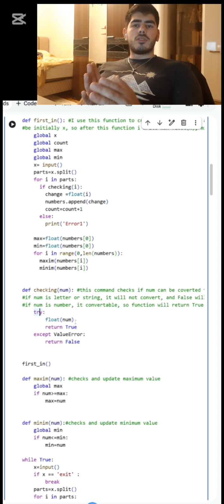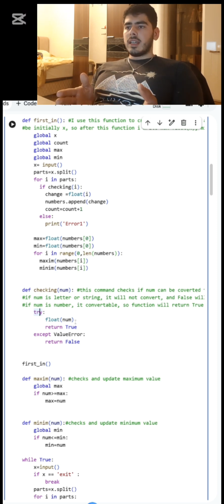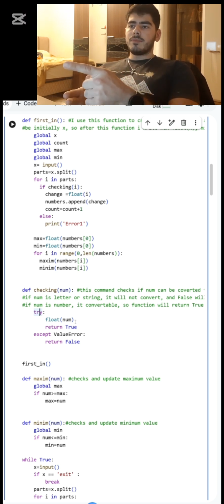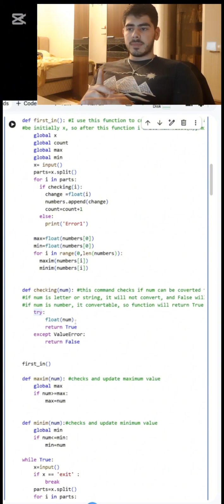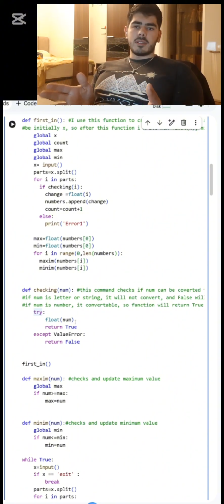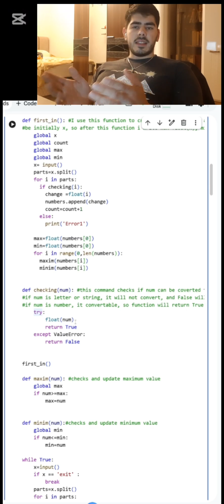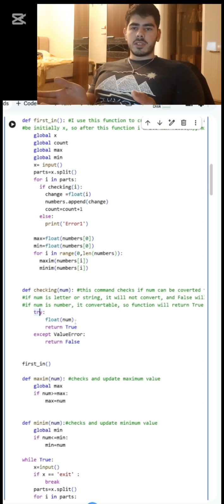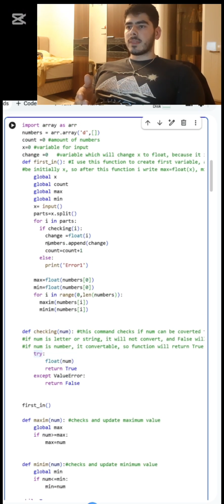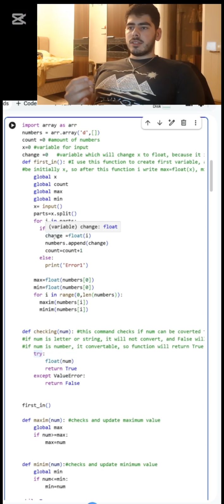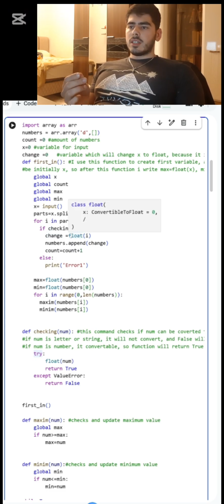if it can be converted to float, it's our number, and it gives true for our checking function. If it's, for example, a letter W or maybe a whole word, it cannot be converted to float, so it will go to except and return false. So as it returns true, our number we convert into float